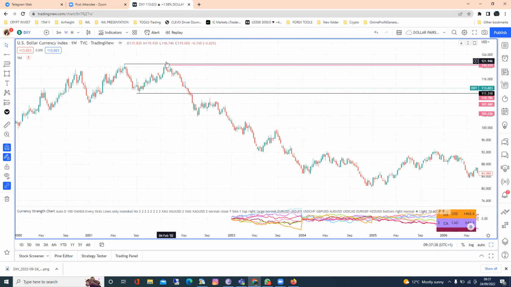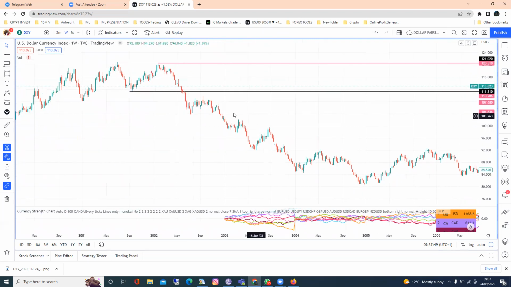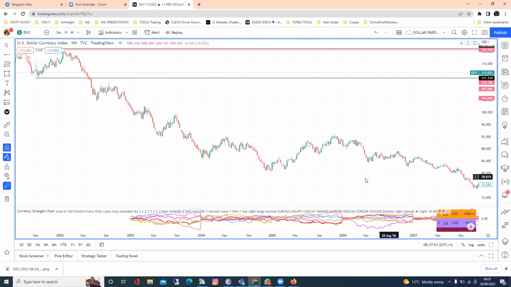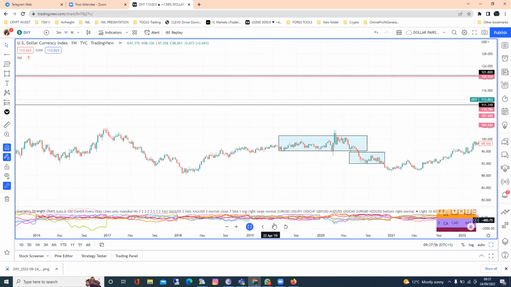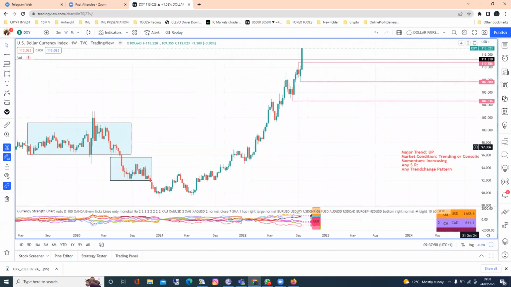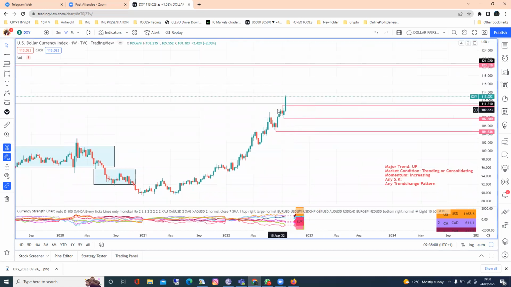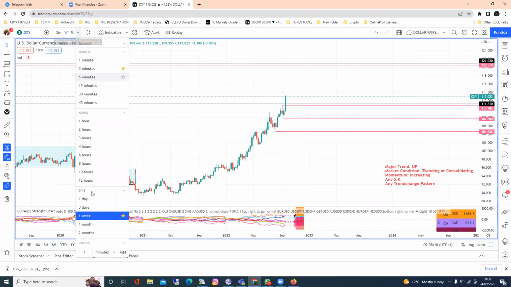Although there are other areas where we can see it, I'm not going to go deep into that for now, all right. But when we move below this key level, you can see that there's no going back. All right. So price continued to move back down significantly until where we are today. All right. So like I said, we won't have a trend change until we start to move below this last low, right? Which obviously there's no trend change pattern on this weekly chart. All right. So I'll go to